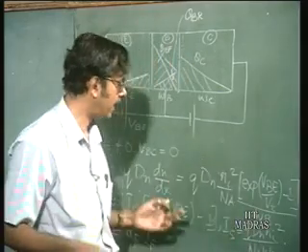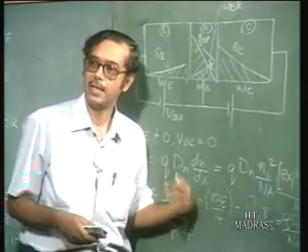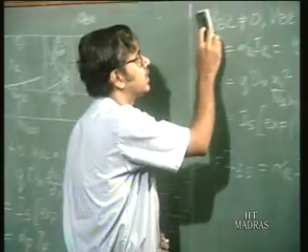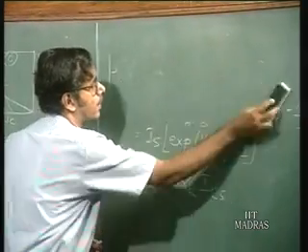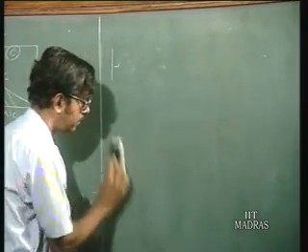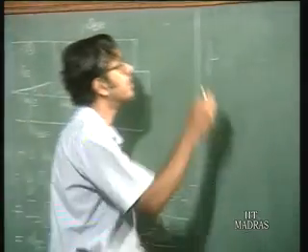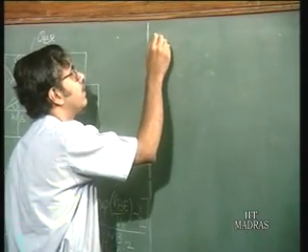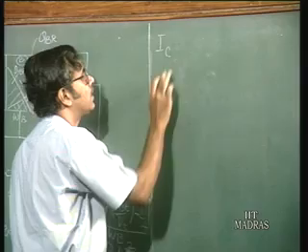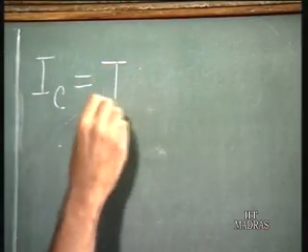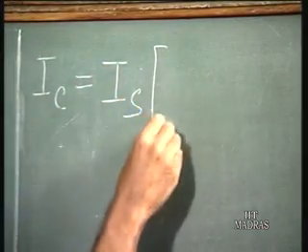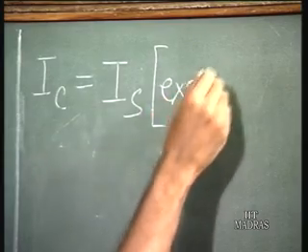So, we can write beta in terms of alpha, and then the relations which we get, I shall write them down. This you can work out for yourself, I think. IC is equal to Is exponential